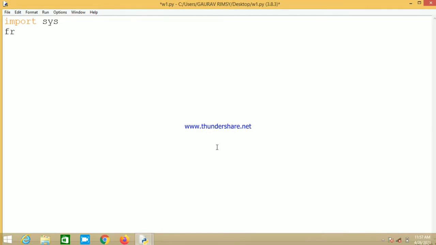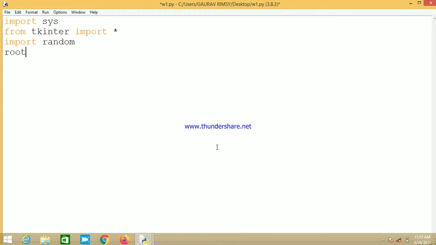And then from tkinter import star. As you know, we are going to implement this with the help of Tkinter programming, so we need to import Tkinter in our program, and then import random. Another module of Python that we are using is random. It can be used to perform some action randomly, so as to get a random number, shuffle the elements randomly, and other functions also.